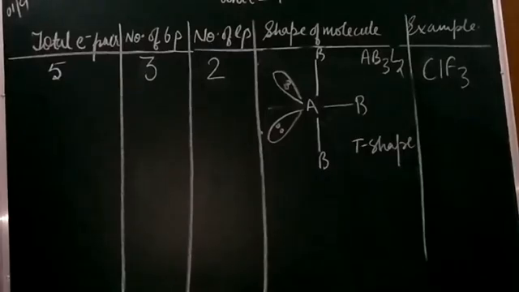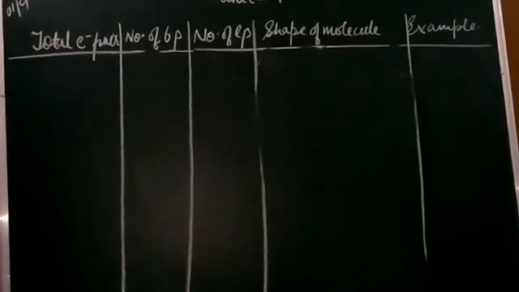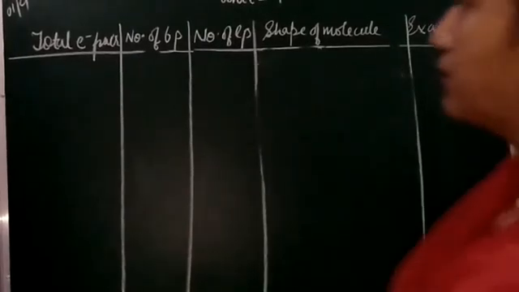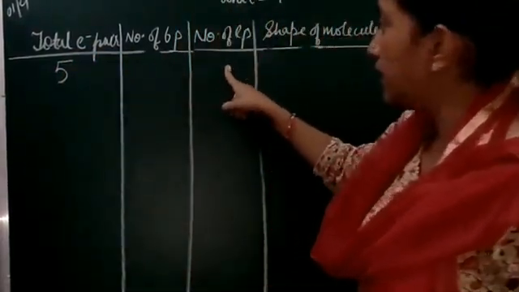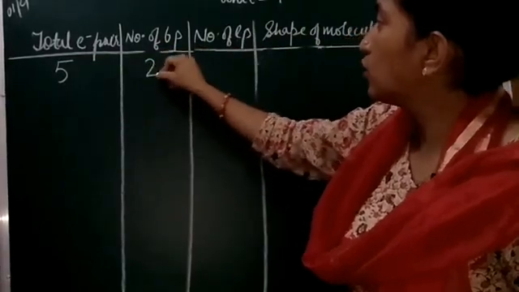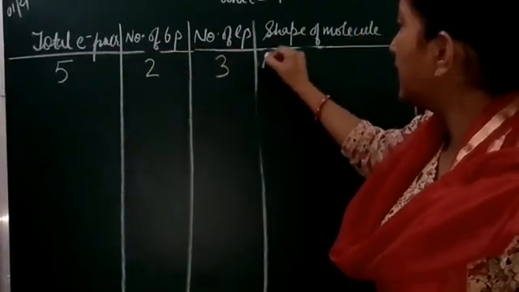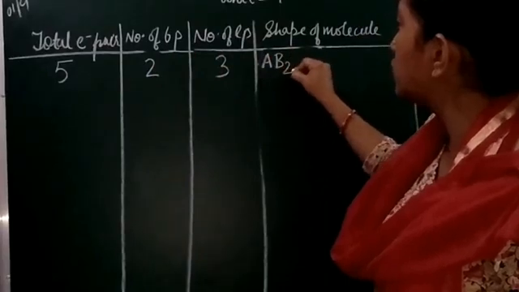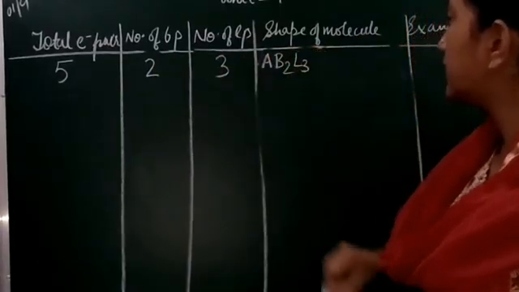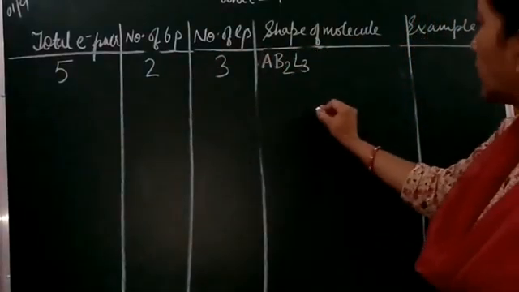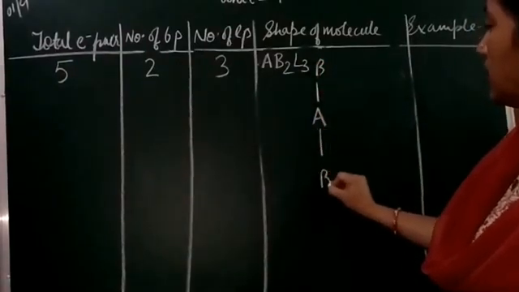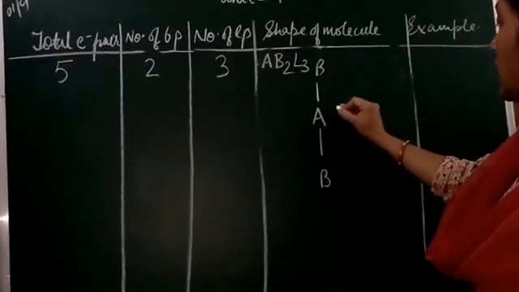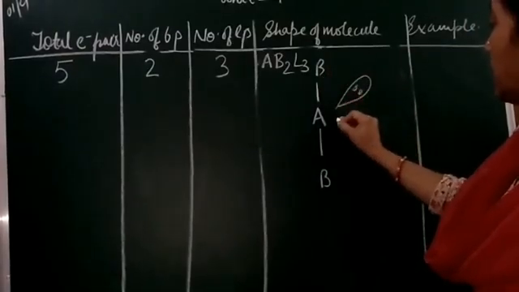shape of the molecule where we have in total 6 electron pair. Students, here we are left with one more type, because if we have 5 electron pair, so if there is 3 bond pair and 2 lone pair, equally the chances are there that we have 2 bond pair and 3 lone pair. At that time we will have the molecule of the type AB2L3, right? So here this is the central atom, this is the bond, and we have 3 lone pair.